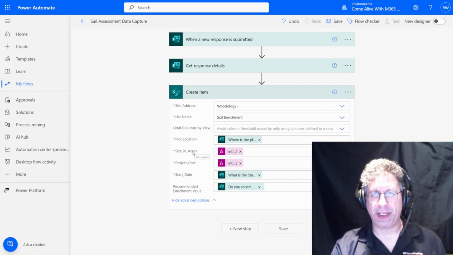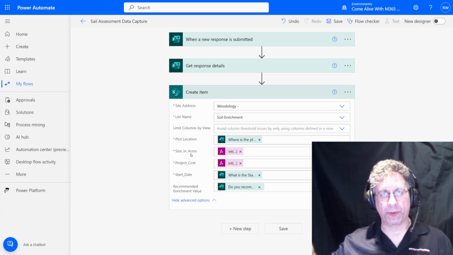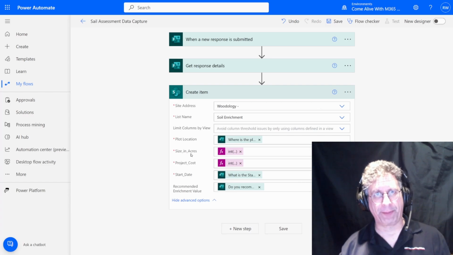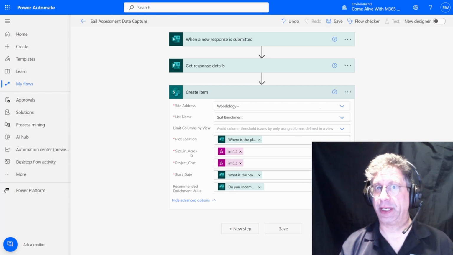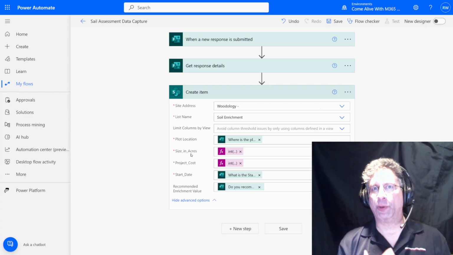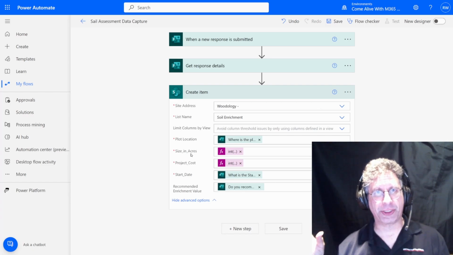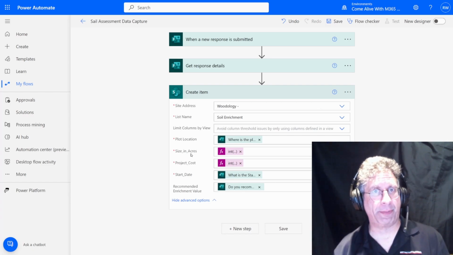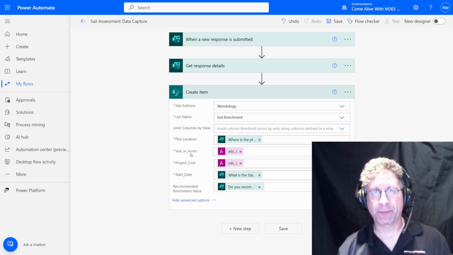But there's 2 that are actually functions, and those functions are ints. Why is that? Just because I filled out a number in the Microsoft form, that's great and well and all, but when it's passed over, it is still considered a string. Well, we told SharePoint that we're looking for a number, very specifically a number, and that's what it's supposed to be. In order to ensure that it goes across as a number, we have to change a string that contains a number into the number, and therefore we use the int function,